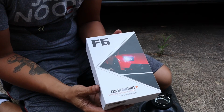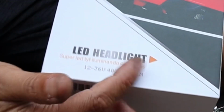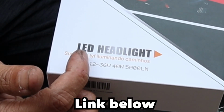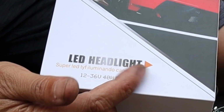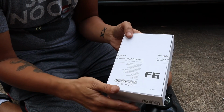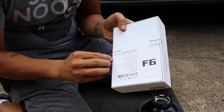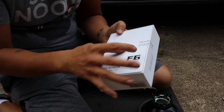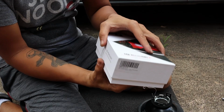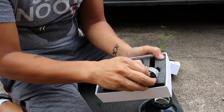Okay, so here's the new bulb box, made by F6, I guess. LED headlight, Super LED. It's sealed, so we'll go ahead and open the seal. I lost my small engine velocity knife. If anyone has an extra knife they want to donate, I'm more than willing to accept. There you go. Now, these things are gigantic,